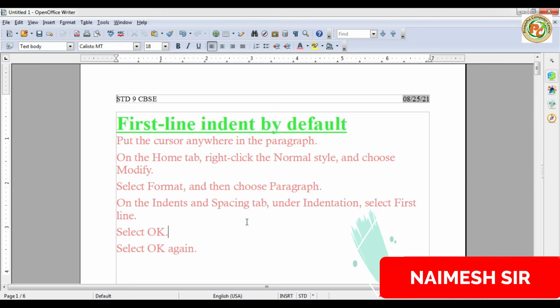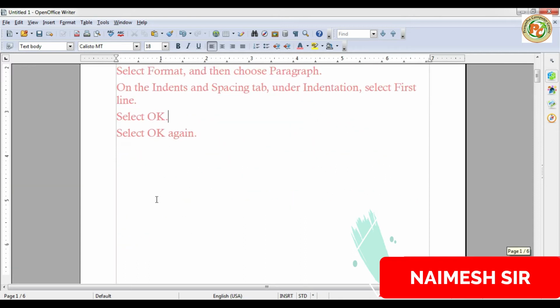Now next we are going to change the subscript and the superscript. Suppose we want to type a square plus b square, right? So here we'll write a square plus b square plus c square. Okay, but the 2 should be on the upside, so that is called the superscript. So select the 2. Remember, students, select the 2, and then we have to open the superscript and subscript option.